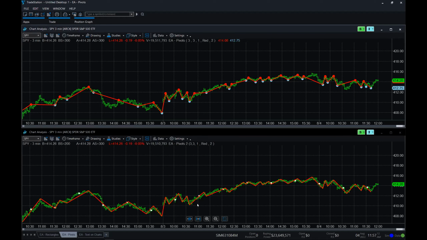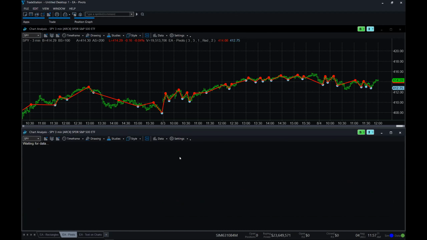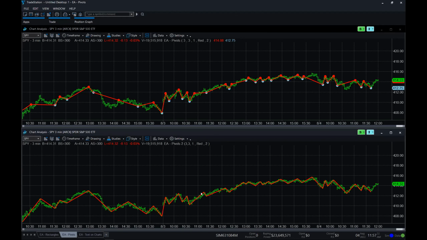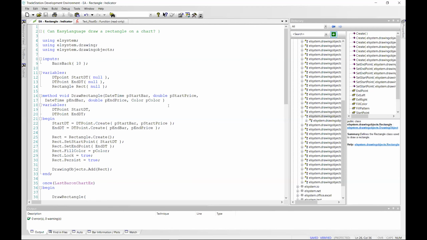The more complicated one is when we do get a pivot in between. Whoops, I accidentally moved that trend line. When we do get a pivot in between, and then we got a higher high, so ignore both of these and go from this low to this high. Anyway, that's the piece I did not do yet, but I was going to say we could talk about how you would do it, and